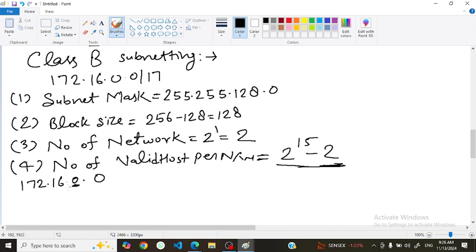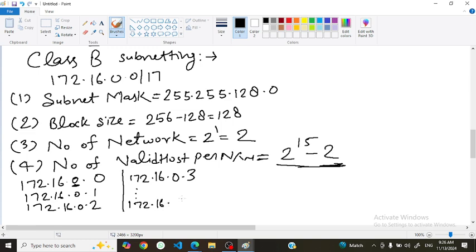Third block. So the next IP will be 172.16.0.1. So the next IP will be 172.16.0.2. Next IP will be 172.16.0.3. So you will write dot dot dot